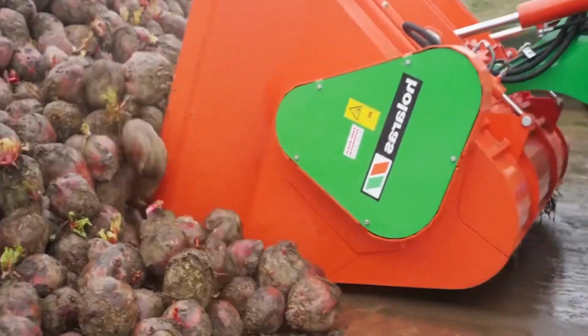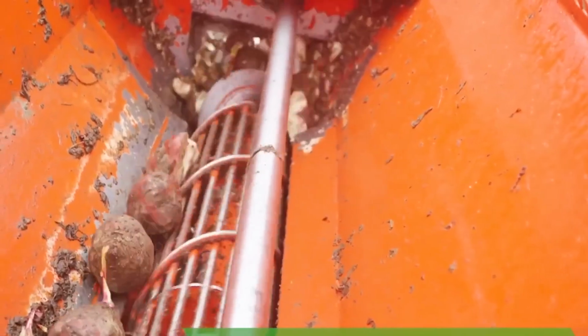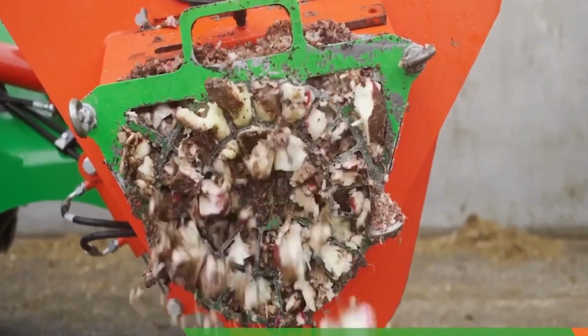The sugar beet cutting machine provides delicious food for livestock. The cutting blade is designed at the machine's output, and sure enough,